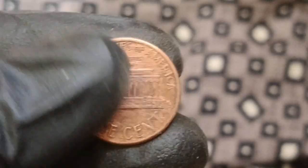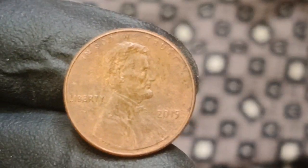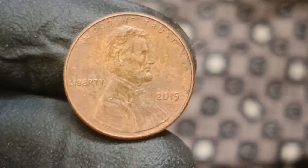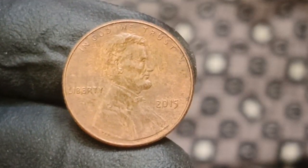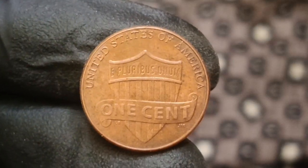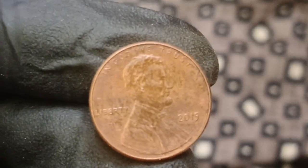Next, 2015 1-cent USA coins, where we uncover the most extraordinary and shocking stories hidden in everyday pocket change. And today's journey will absolutely amaze you because we are going to talk about the 2015 1-cent coin, a coin that on the surface looks like any ordinary penny you might receive in your change after buying a coffee or snack. But in reality, some rare examples of this coin have been valued at an astonishing $120 million